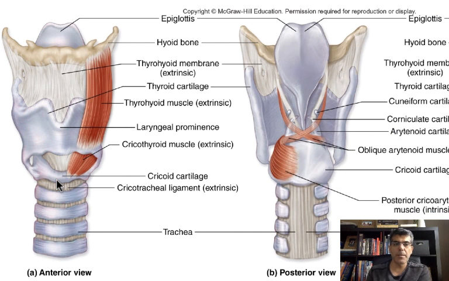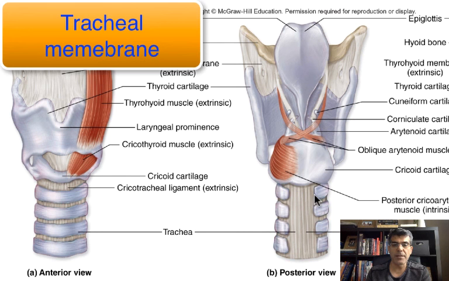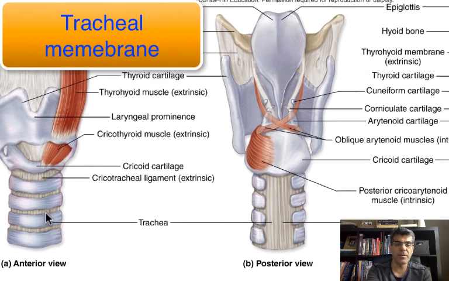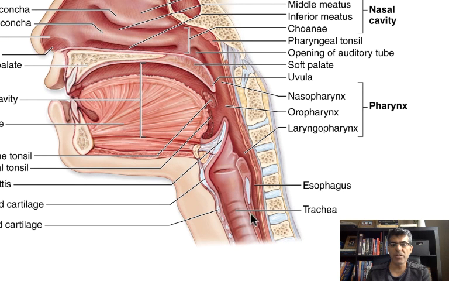Trachea is right below cricoid cartilage, and this is your tracheal cartilages. When you look at the back of tracheal cartilage, you can see the cartilage is not complete. It's not a ring shape, but it's like a C shape. Between this end and this end of this C shape cartilage, you have a membrane. Why must there be a membrane behind the trachea? Well, because, as you know, behind the trachea you have esophagus. An esophagus is a really collapsed tube.